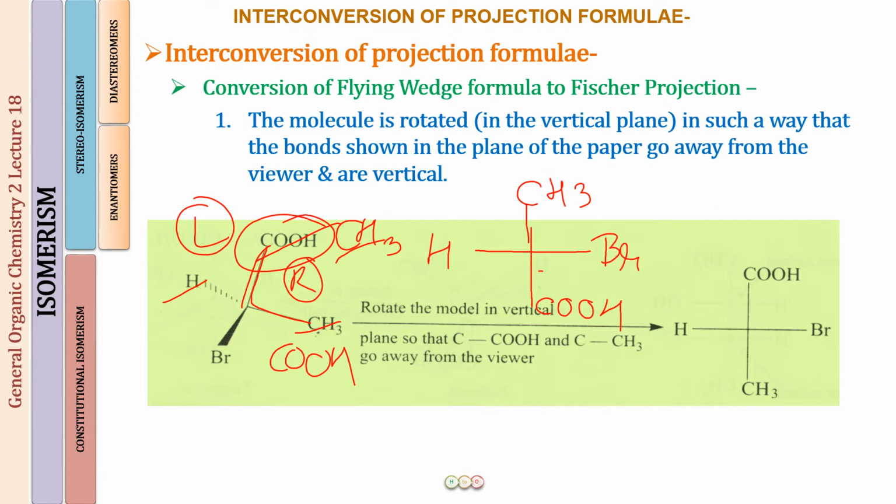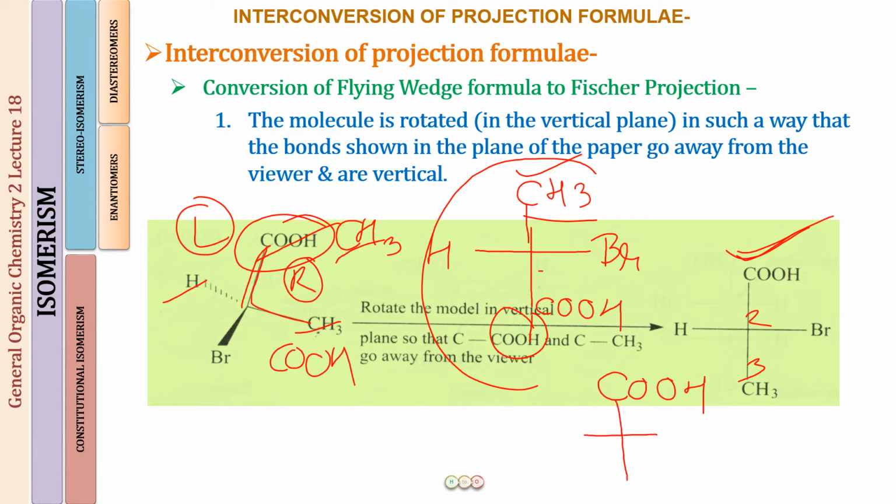But again, by convention, when we make a Fisher projection, the top is carbon number 1, and this will be carbon number 2, and this will be carbon number 3. You do not start the numbering from the top. If it is a CH3, you will have to start from below. And we always do this as a correct representation. So what this means is that we have to invert the whole molecule by an angle of 180 degrees so that the COH group goes on top. So what I want is that the COH group should remain on top.